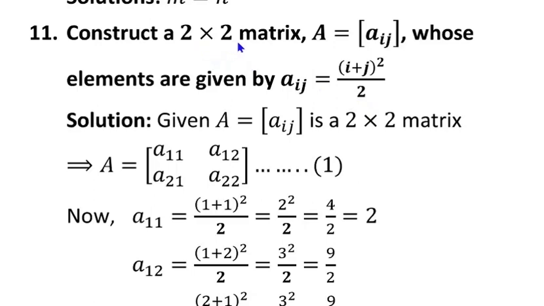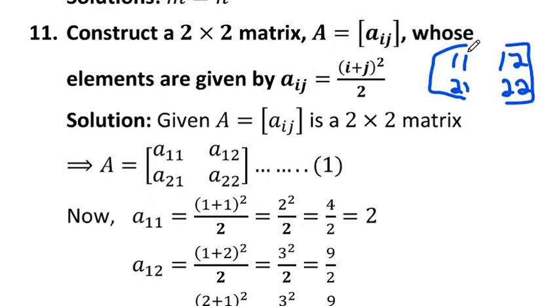And you should know the name of the cell in each case. In a 2 cross 2 matrix, there will be cells, and this is 1, 1. This is 1, 2: 1 for row and 2 for column. This is first row, second column. This is second row, first column. And this is second row, second column. And you should go in this order only. The first number represents the rank of the row, and the second number represents the rank of the column.